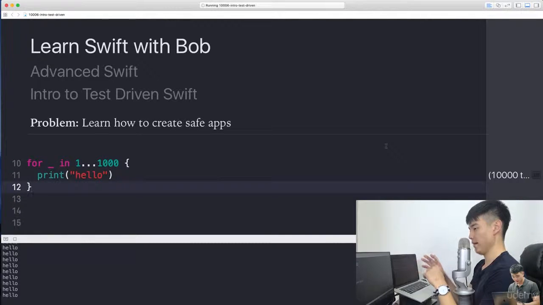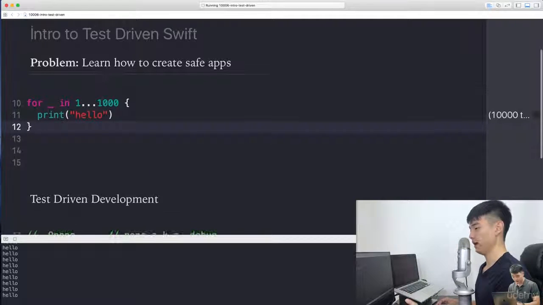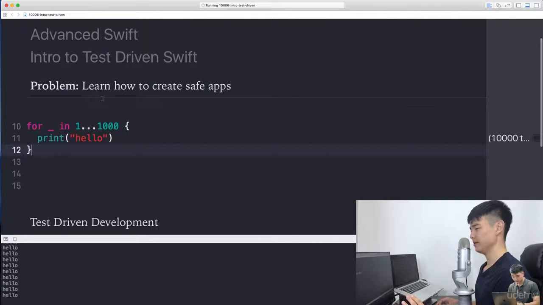Welcome to Learn Swift About. Today, let's talk about Introduction to Test-Driven Development. Here's a problem statement: learn how to create safe apps. That's very, very important. Well, before I talk about test-driven development, let's talk about why it is that Swift feels